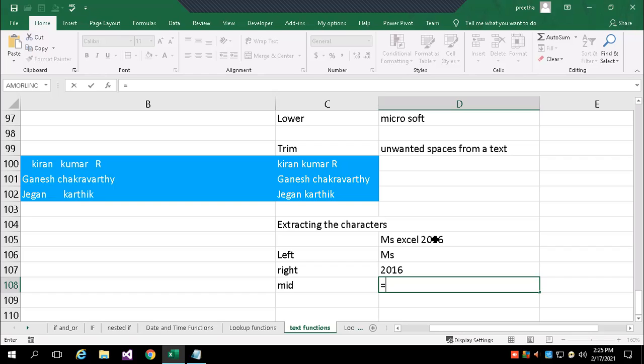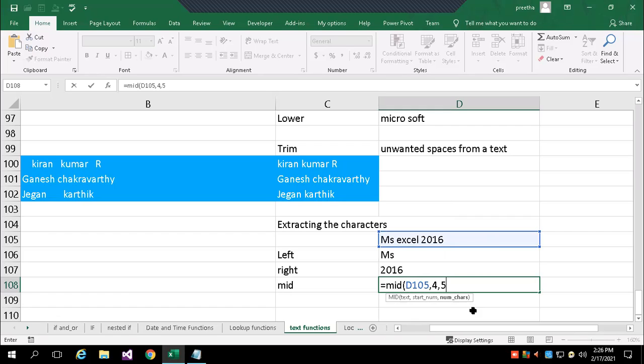So anywhere in your text you want to extract data, you can use MID, then the text, comma. What is the starting position, and how many characters? For example, I want exactly from the 4th place, then the next 5 characters.